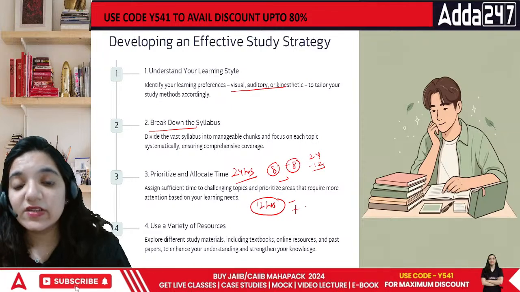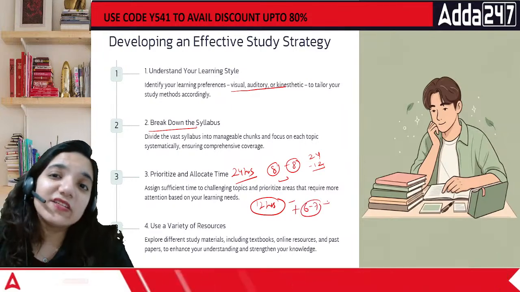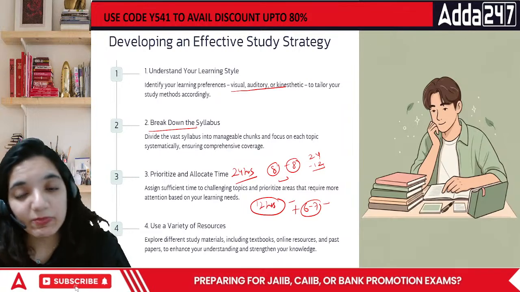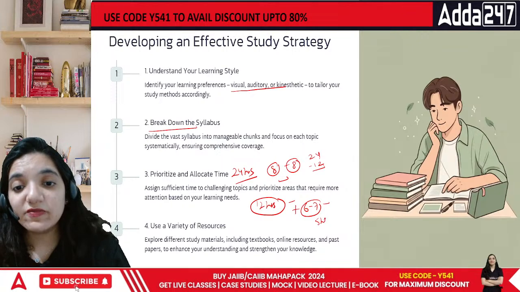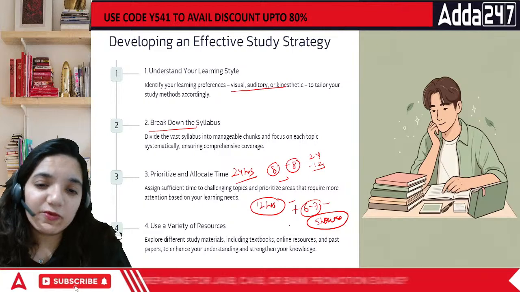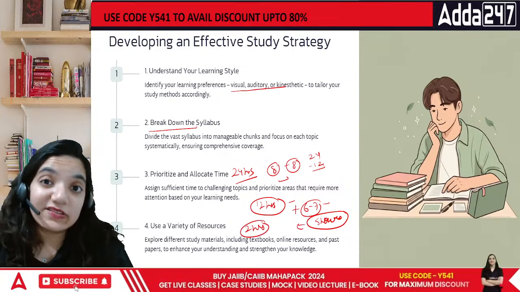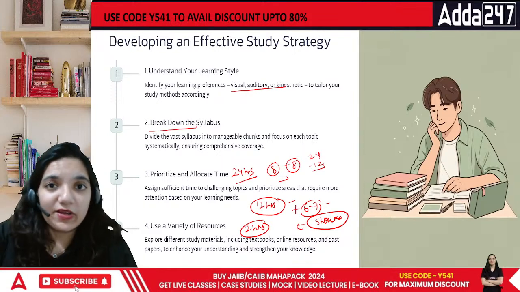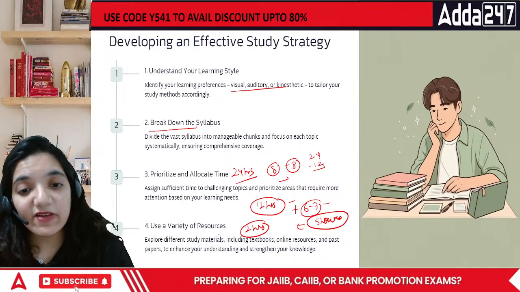Then plus 6 to 7 hours, let's keep 7 hours for your sleep. And then we are left with around 5 more hours. In those 5 hours, what will you do? First of all, just take out 2 hours again. 2 hours should be taken out for the resting part and getting ready. 1 hour for getting ready and 1 hour for coming back home and getting ready. You're still left with 3 hours.